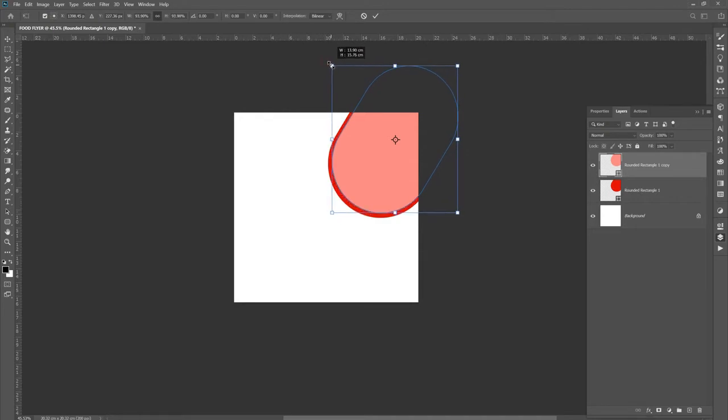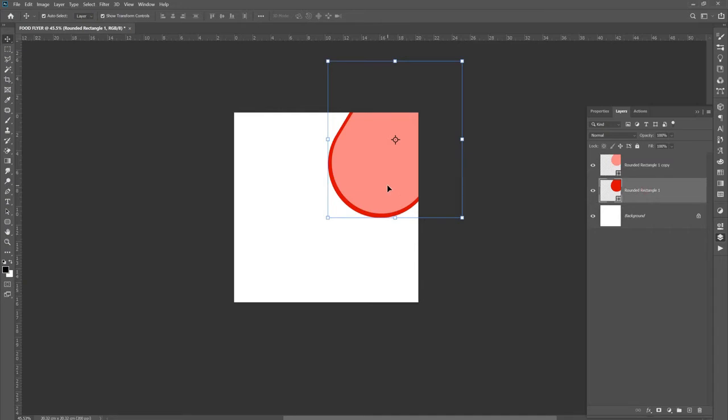Resize this one to get something like this. Okay, so this is actually what I'm going to get. And now I'm going to duplicate this one too. The other one is duplicated. Alright, and this one, the last one, I'm